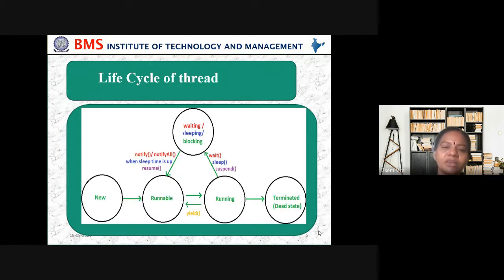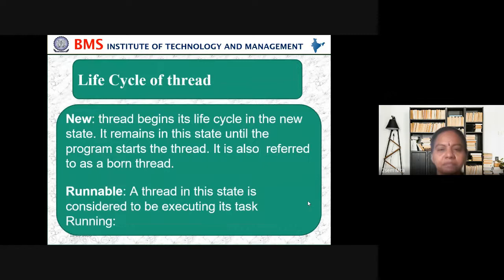In the same way here, you have entered some values from the keyboard. So then it has to notify, yes, now the work is sent back to them. Then we have something called notify all when the sleep time resumes. So you may say you wait for some time. After that waiting time, 2 minutes, 3 minutes, then we have to go back again and ask what is happening. So that's how here we see running, runnable, and terminated.